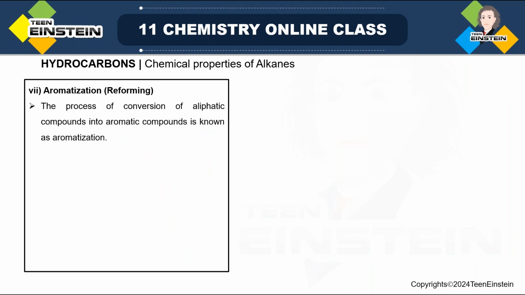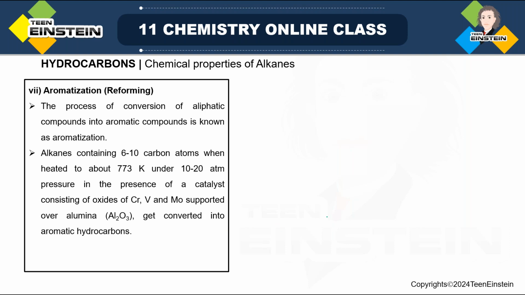Number 7 reaction is aromatization, which is also known as reforming reaction. It is, as the name suggests, starting from an aliphatic compound, you will end up with an aromatic compound. Now, as we are discussing chemical properties of alkanes, this aliphatic compound is obviously some alkane. So when we have alkanes containing, look at the value, here it is mentioned as 6 to 10 carbon, we are heating it to 773 K, the temperature is high,